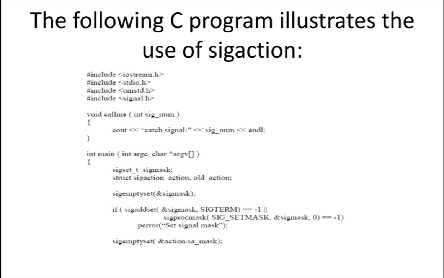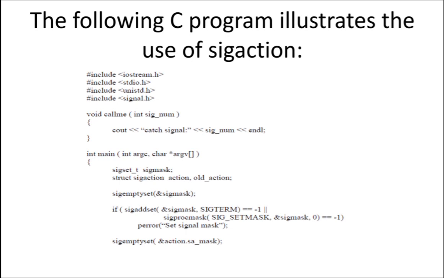Next is the main function, you can see here. So your function is the call_me function. In the main function you are using a signal mask, right? What is the data type for the signal mask? sigset_t is the data type for the signal mask. Next, you are using an action, because for every signal you need to take some action. You know that three types of action can take place, and I am also using the default action, because if the sigaction pointer contains NULL, it will take the default action and execute like that. So with sigemptyset, I am checking whether the signal mask is empty or not, right?